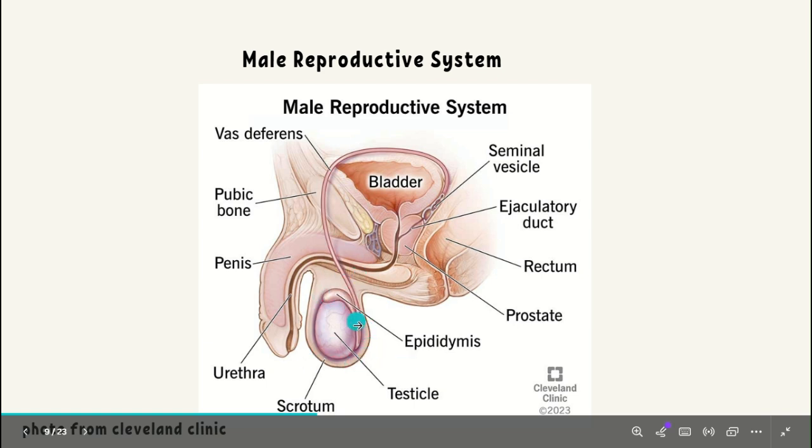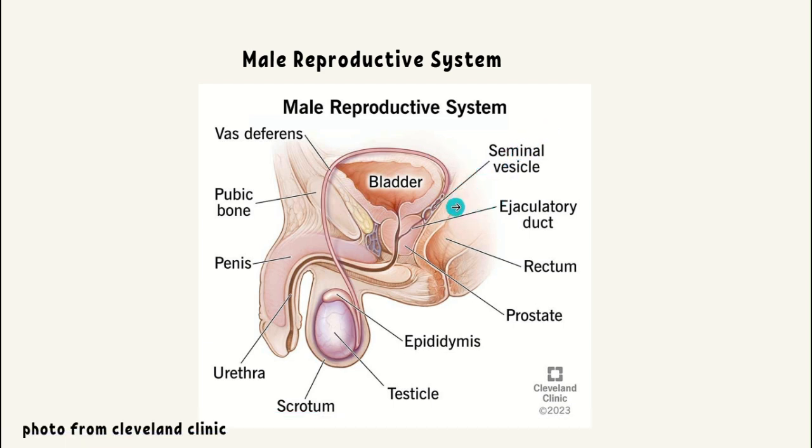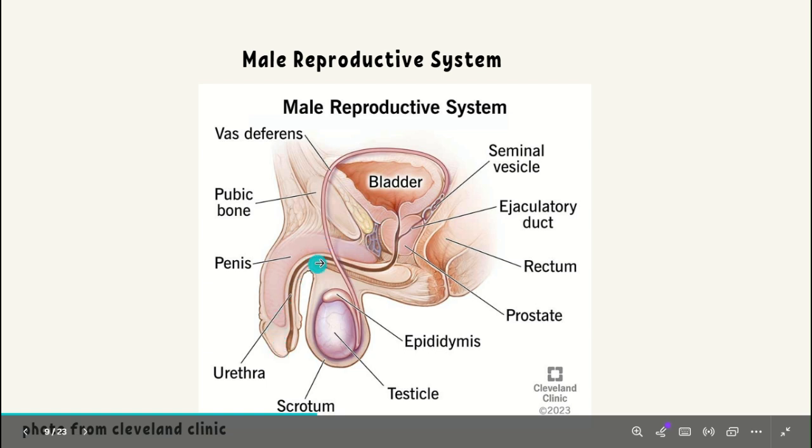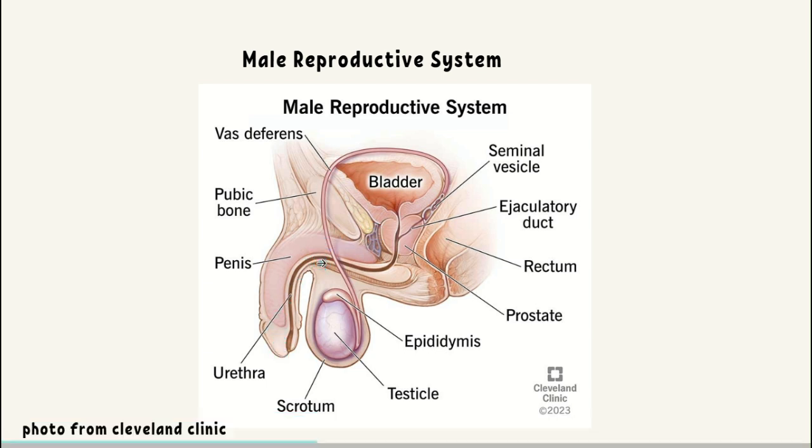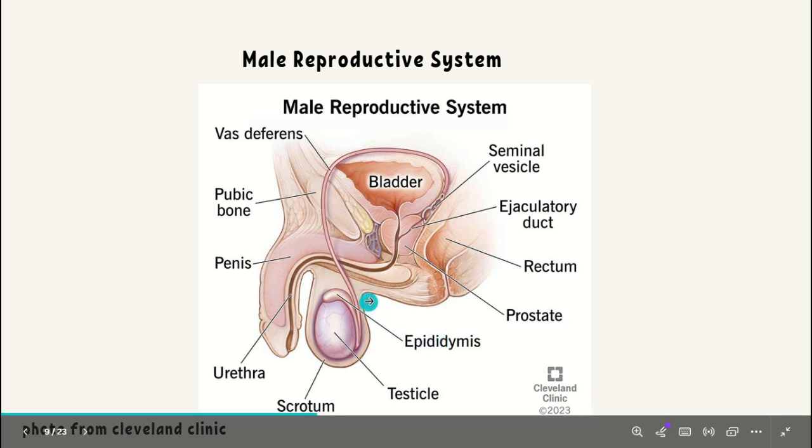So the sperm is produced, and the vas deferens transports it to the seminal vesicle. The seminal vesicle makes the semen, right? So we already get that far. And then the urethra here is what carries urine and semen out of the body, right? And then the epididymis,